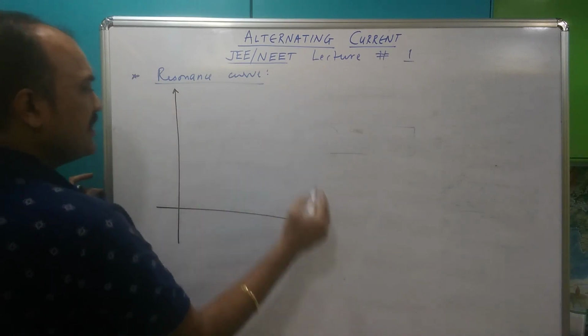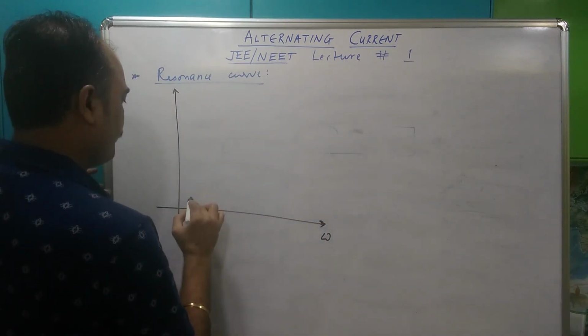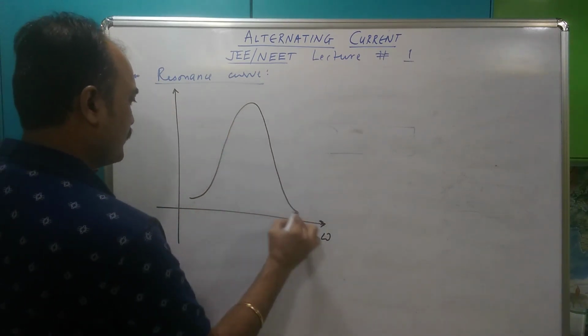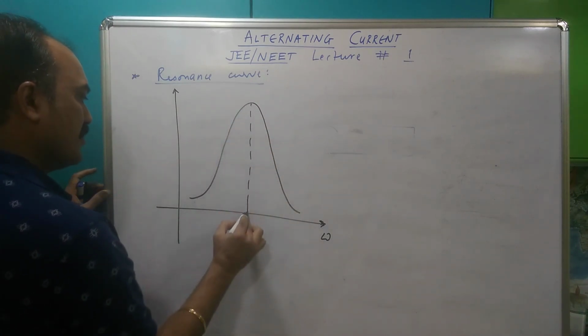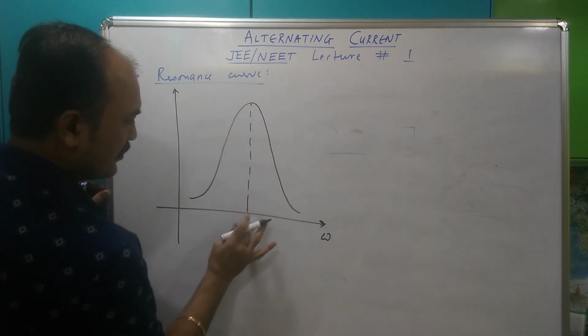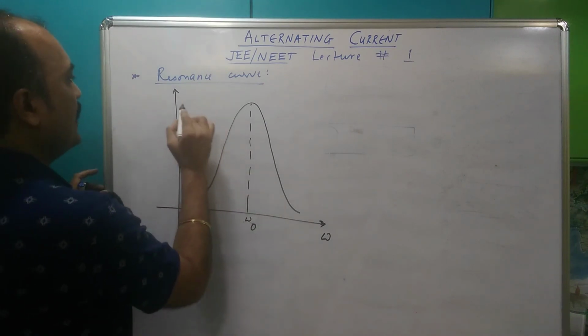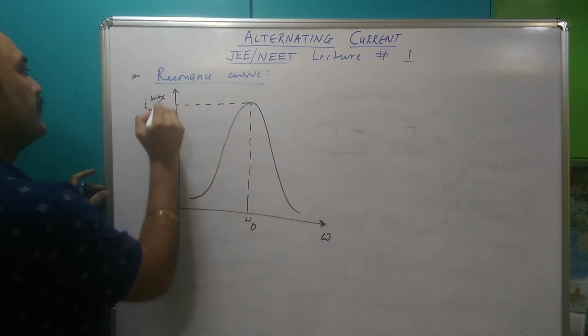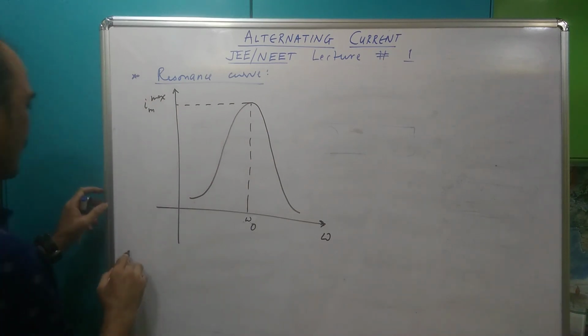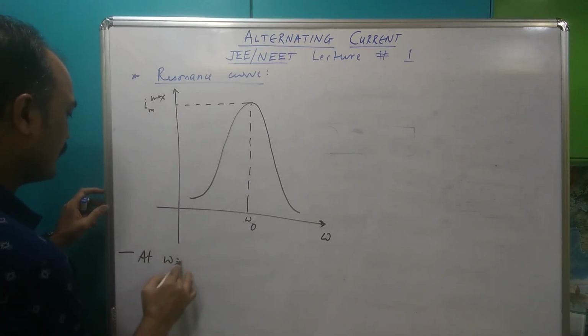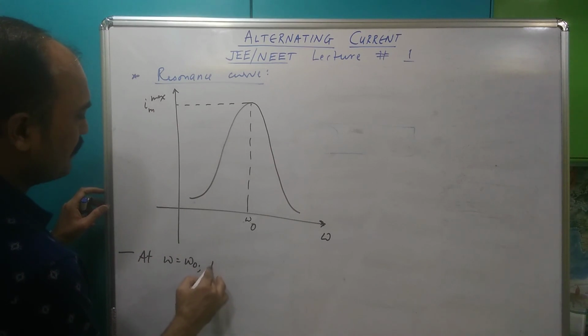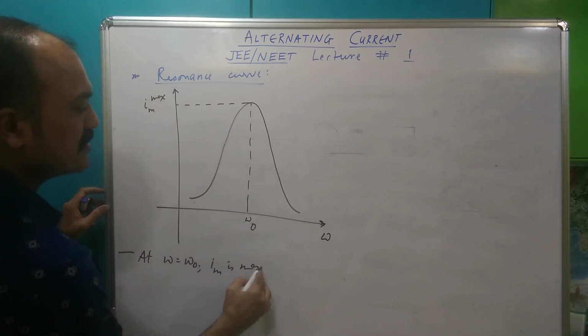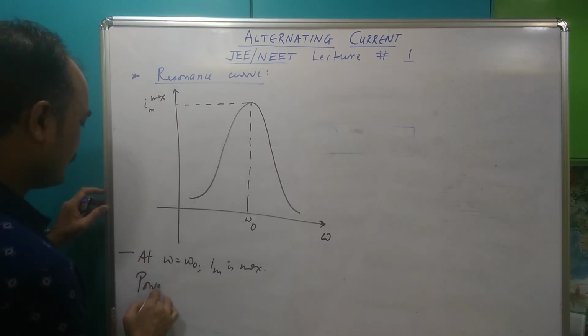This is like a been there done that sort of idea. This is omega 0, and at omega 0 current is max, so Im max. So at omega 0 Im is max, so power is max,